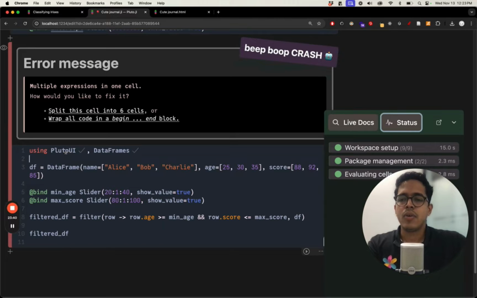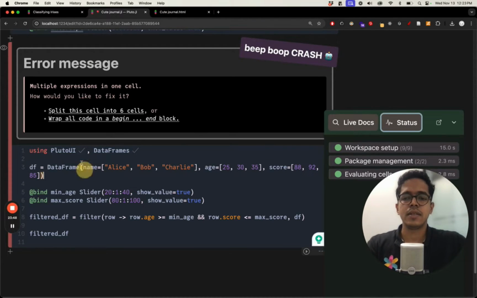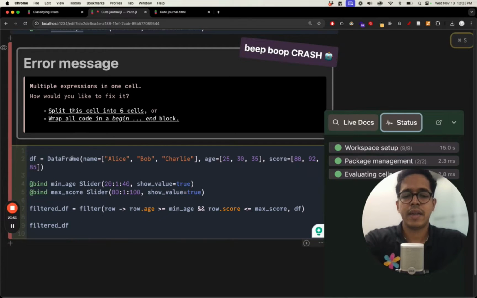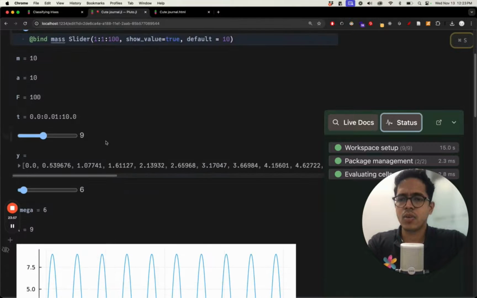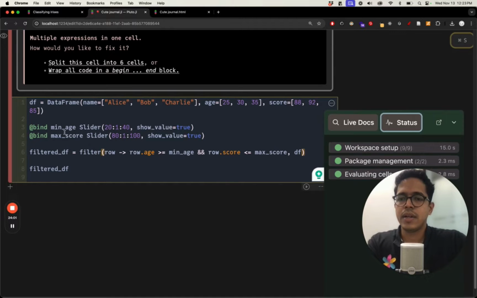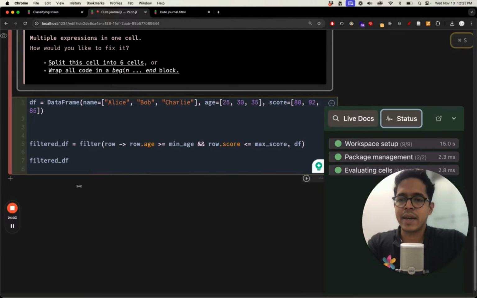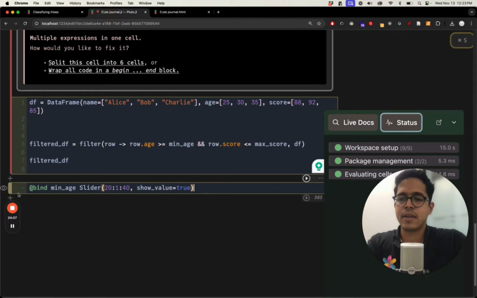Now here, what I'm going to show before jumping into the iris flower image classification is showing you a data frame. So here, Pluto UI and data frames are not needed. I have already taken it over here. I have already imported it in the previous line of code. So here, let me put the slider out. First slider in one line, second slider in the next line,